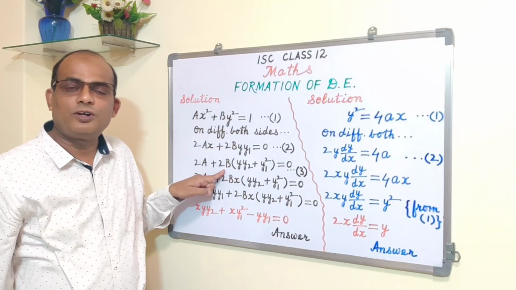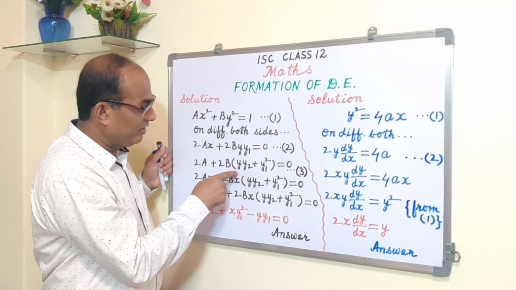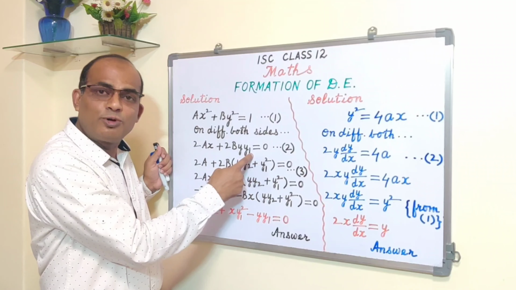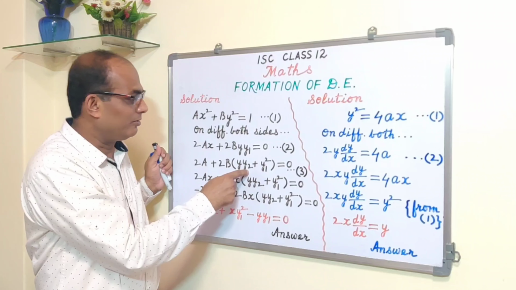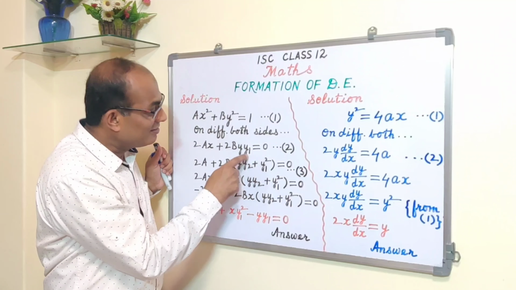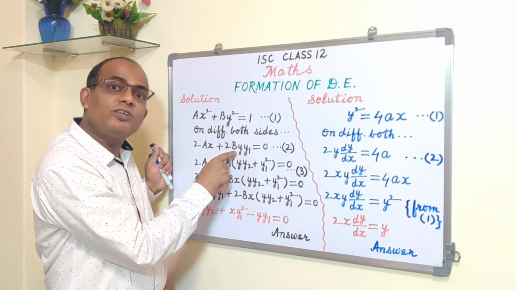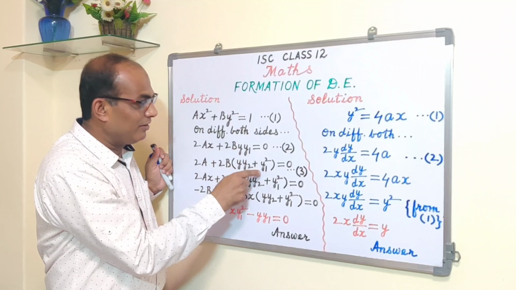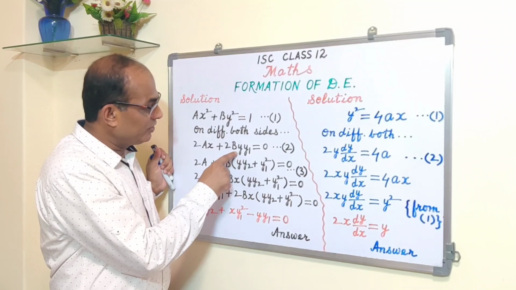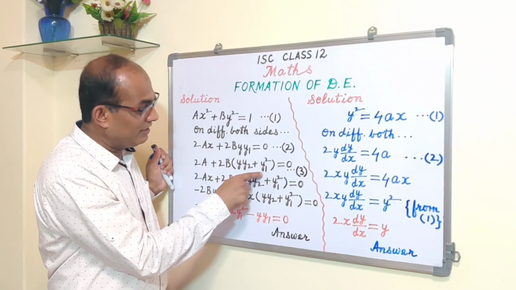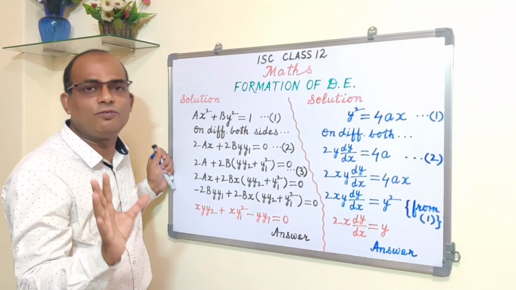Now y1, product formula, u into v, first function into derivative of second plus second function into derivative of first. So first function y we are leaving, and when we differentiate y1, which means dy upon dx, that becomes d2y upon dx2, which is y2. We write y2. So first function into derivative of second plus second function, which is y1, and derivative of first, y, the derivative of y is dy upon dx, which is y1. So this y1 and that y1 gives you y1 square. Once again listen. First function and derivative of y1 is y2 plus y1 and derivative of y is again y1. So y1 into y1 is y1 square, is equal to 0. This is the third equation.